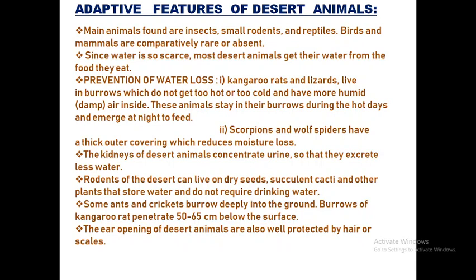In the last class, we were talking about adaptation. Here you can see different adaptations. Desert animals know there is a very small percentage of water, so they take water directly from the food they eat. Then, as you can see in the picture, prevention of water loss is very important. Kangaroo rats and lizards live in burrows which do not get too hot or too cold and